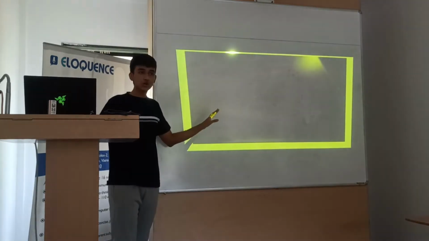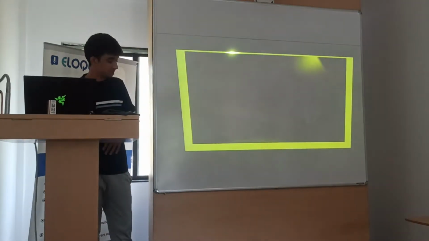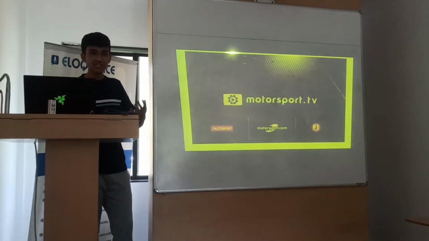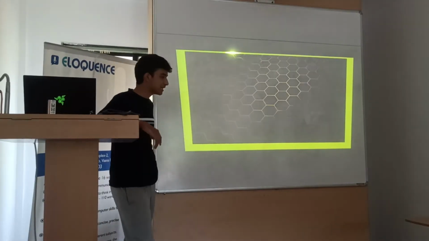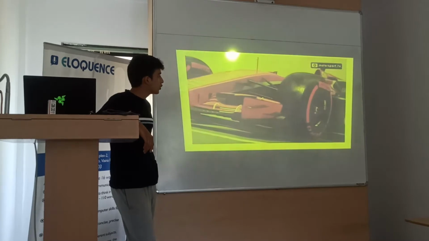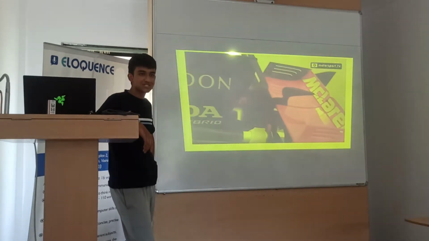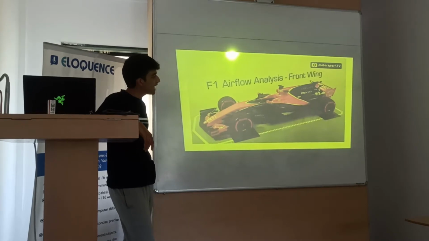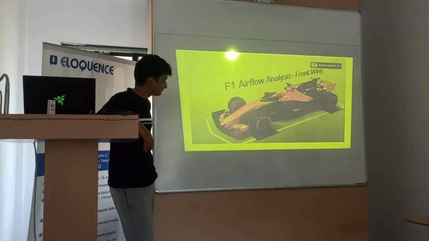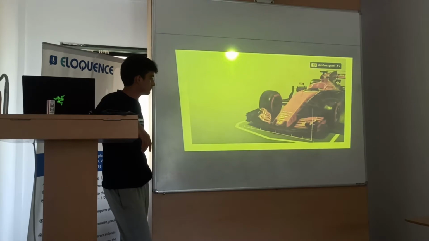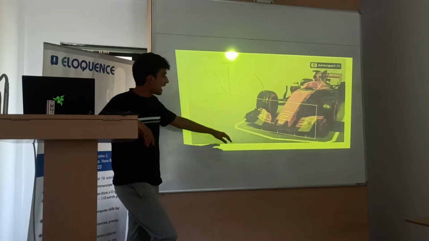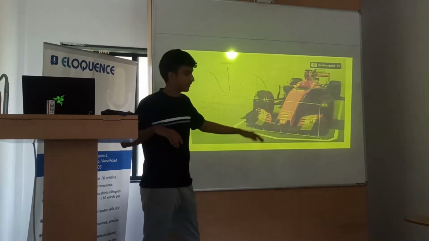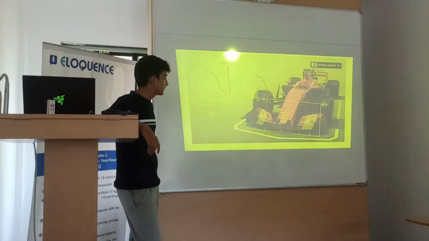Now let me show you a video of how it actually works. I'm sorry there is no audio, but I think it's self-explanatory. So over here we have taken the McLaren from 2016, the McLaren F1 car, and we'll see how the air flows through it. This is the front wing, and these are the two main parts which actually cause the flow of the air to the rest of the car.